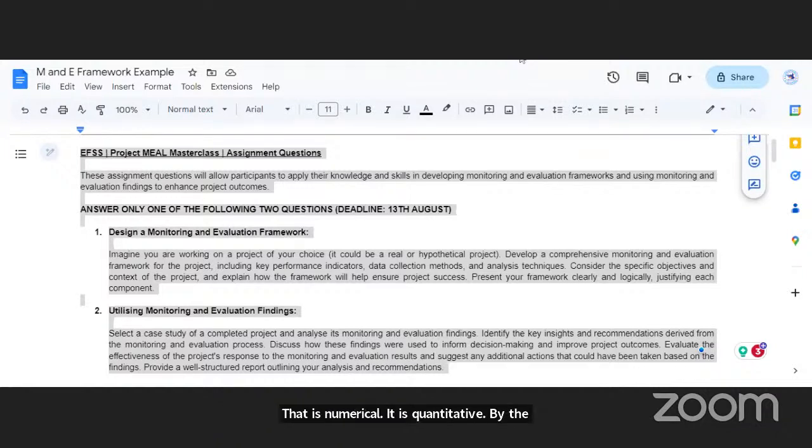But when we talk of qualitative, we say this community believes that education is the key to success, based on the response from the qualitative focus group discussion or key informant interview that you might have carried out. You can come up to these conclusions.